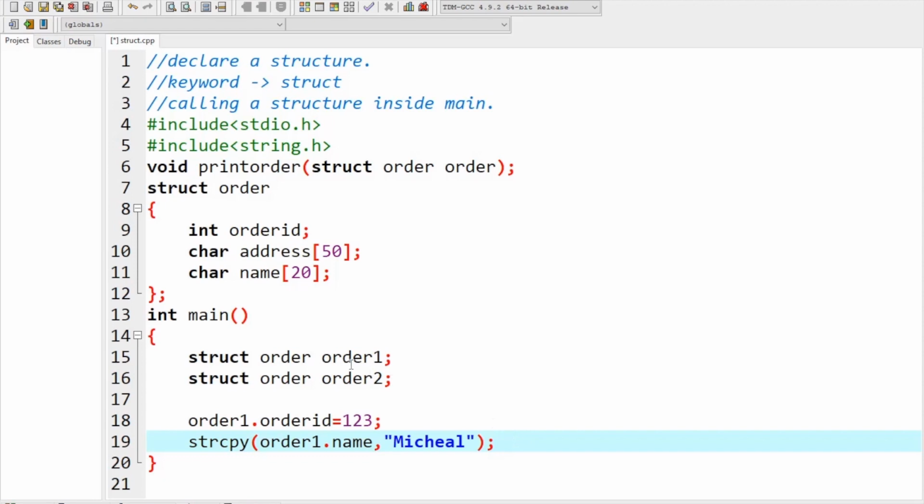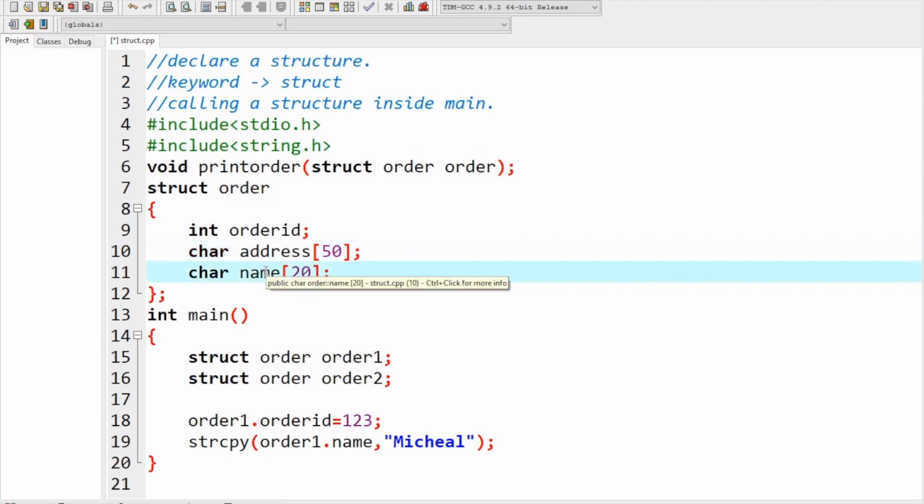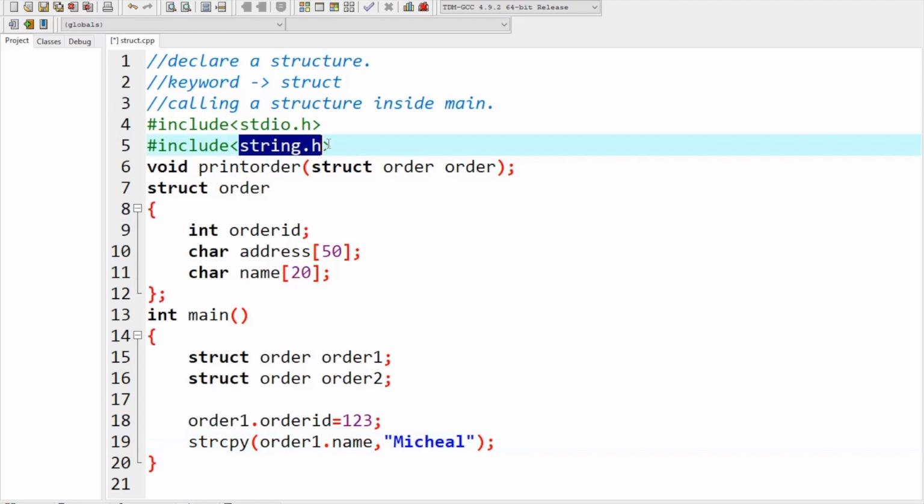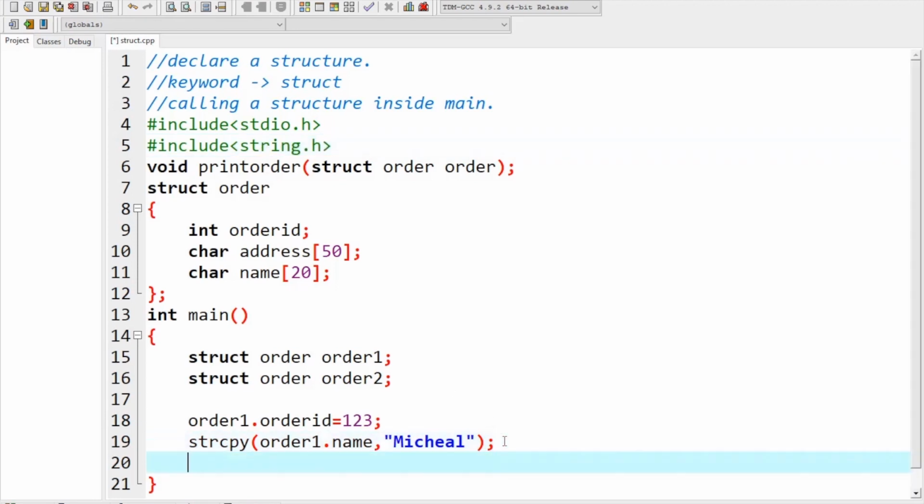about strings. Okay, so whenever we want to declare a name or an address which has a collection of alphabets, we need to use char, the name of the char, and the size. Whenever we need to store something inside this name or address, we need to use the strcpy function. And this string copy function is present inside the string.h library file. In the same way we need to store an address, strcpy